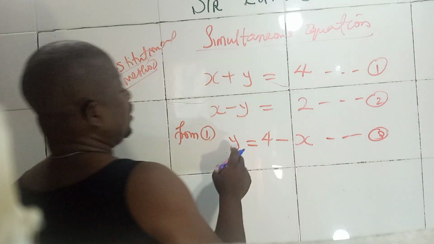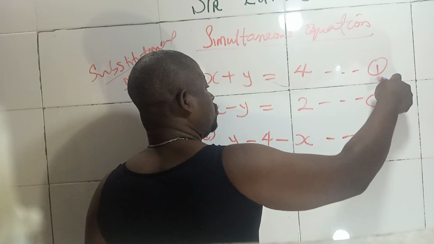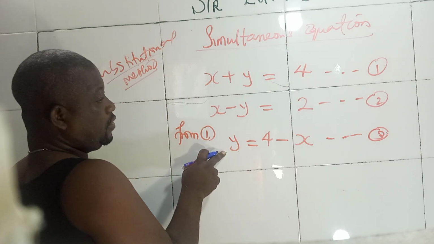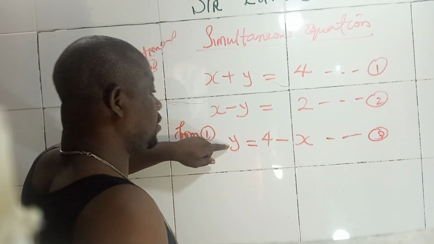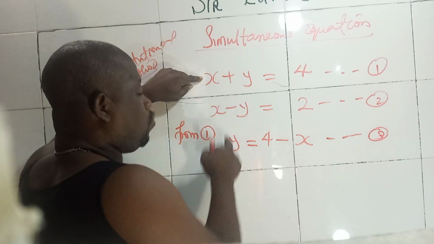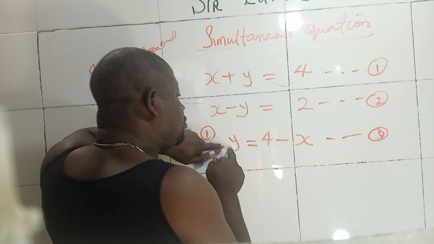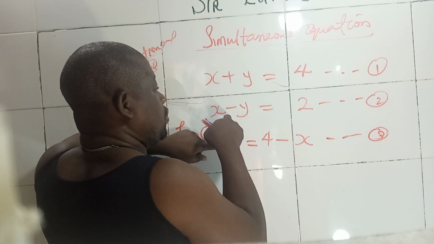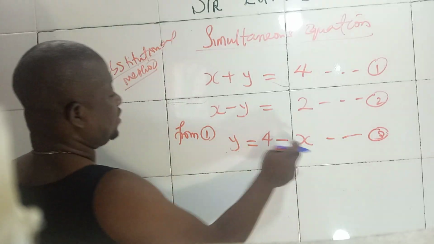Okay, I've gotten another equation. You can now put equation 3 in 2. I got equation 3 by rewriting equation 1. Then in equation 2, I will now substitute 3 in 2. Anywhere where I find y, it will now be 4 minus x. And you know that equation 2 is